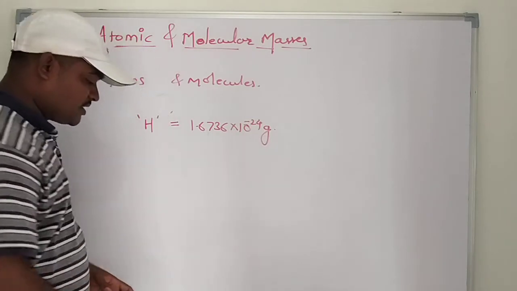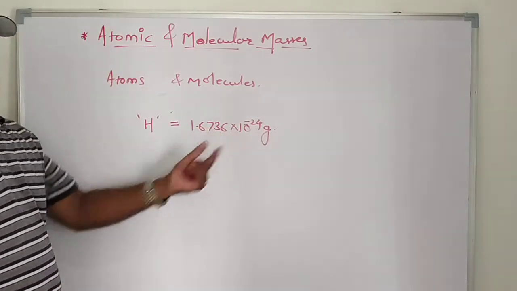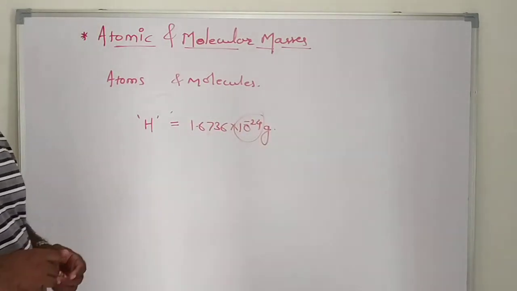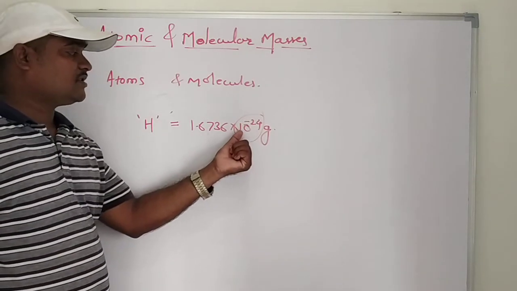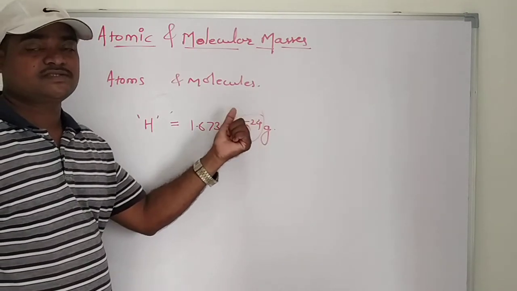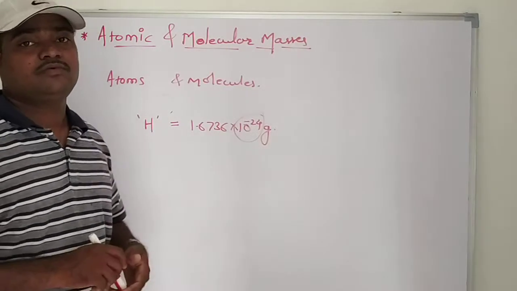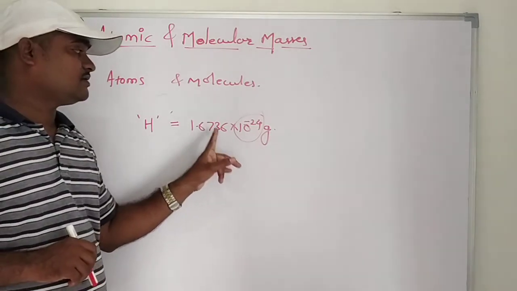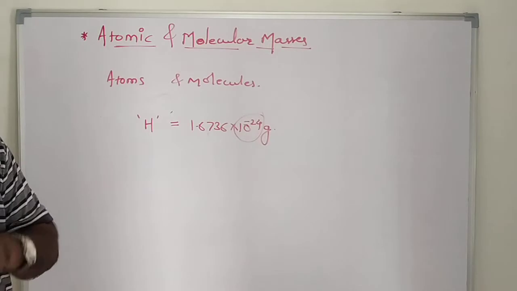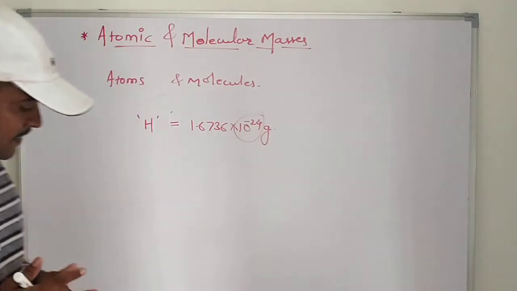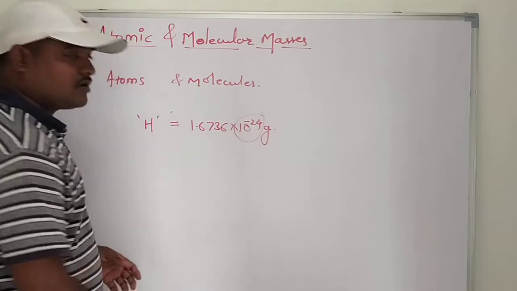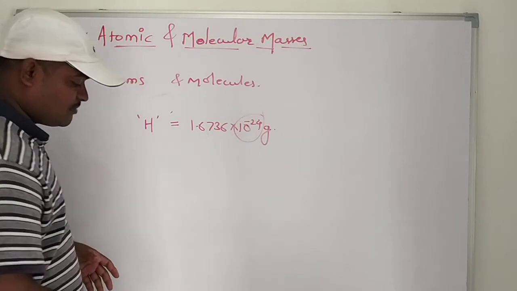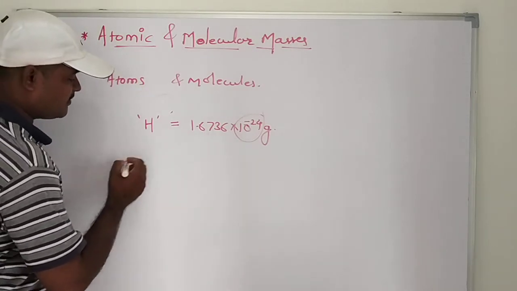This is a very small quantity and not easy to measure, because you should understand this quantity. Look here. It is multiplied by 10 raised to minus 24, which means 0 up to 23 zeros you have to take, then you will get the value 16736. It is a very small quantity, and not very easy to measure. So students, in the present system the mass of an atom is determined by the relative mass of carbon 12.